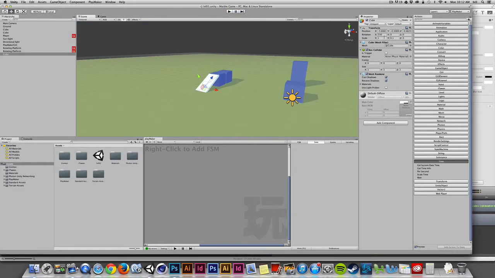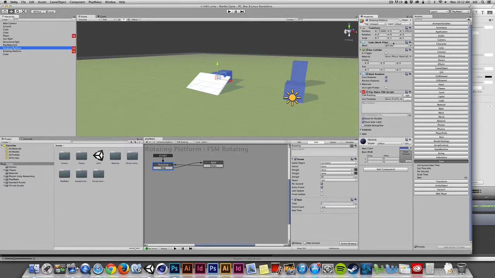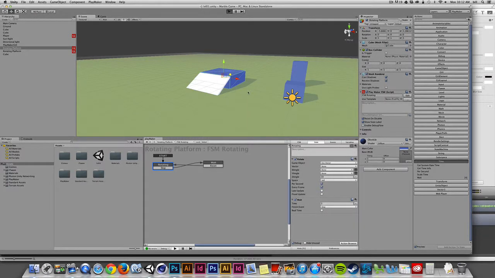size and scale to either 3 or 4, and I can experiment with that by just choosing 3 along the X, 3 along the Z in this case, or I could go to my rotating platform cube and I could bump this up to 3 in all directions. And in fact, let me take that back down along the Y. In this case, I could just do a Y of 1. I'll reposition this just for a real quick demo. There we go. And now when I hit the play button,